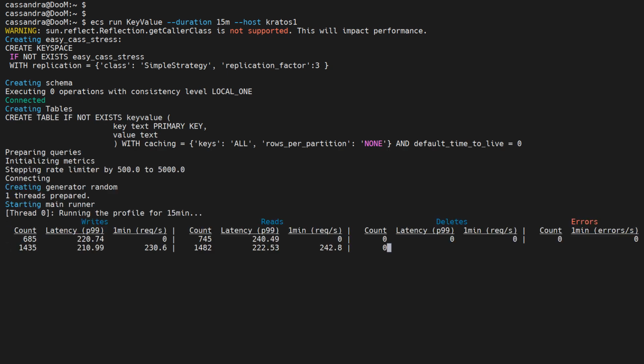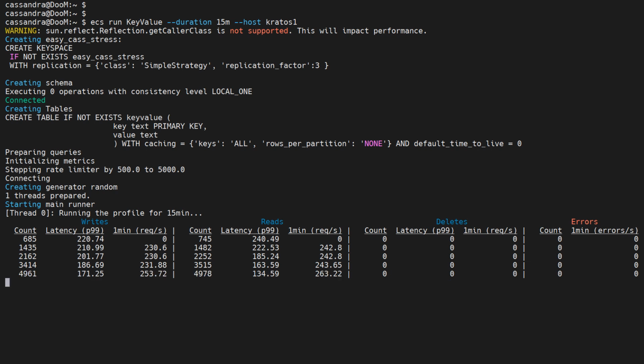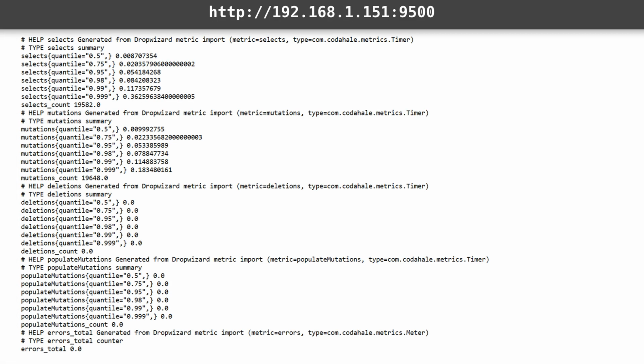Execution of this workload has started. Note that every time you execute a workload with EasyCast stress tool, the metrics are also published as a Prometheus endpoint. As you can see here, I have navigated to this URL and I can see the EasyCast stress tool metrics